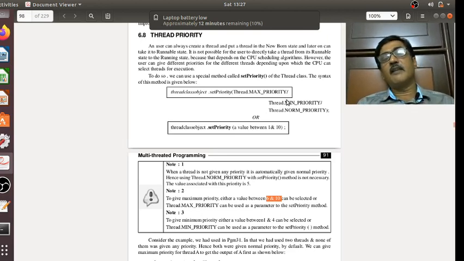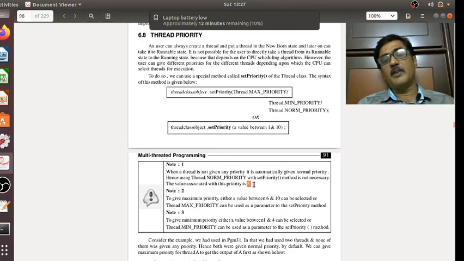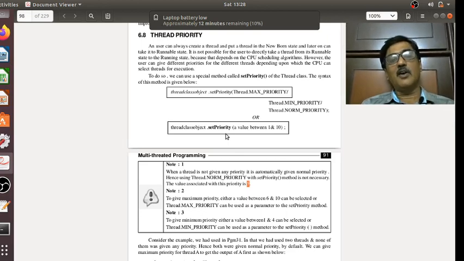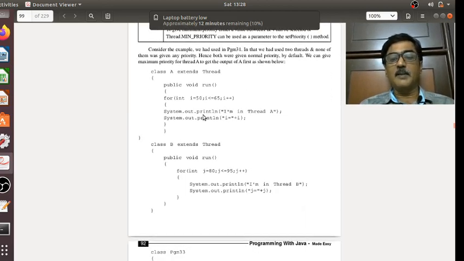If you wish to give minimum priority, you can choose a value between 1 and 4, and automatically the thread would be given minimum priority. If you wish to give normal priority, you may pass the value 5. You don't have to pass this, as I told, by default any thread, even if you do not invoke the setPriority method, is given normal priority only.